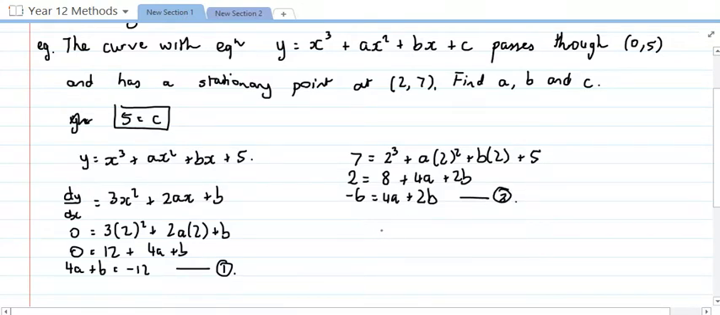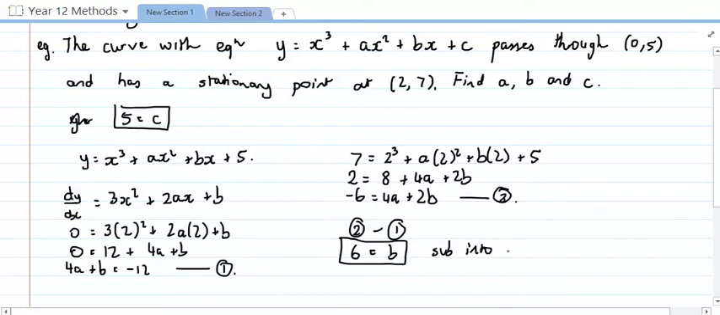Now from here, I think that we should be able to cancel out the a using elimination. So I'm going to do equation 1 minus equation 2, I guess. Oh no, I'll do equation 2 minus 1. That seems nicer. So equation 2 minus equation 1. Negative 6 minus negative 12 becomes positive 6. 4a minus 4a is nothing, and 2b minus b is just b. So b equals 6, which we can then sub in